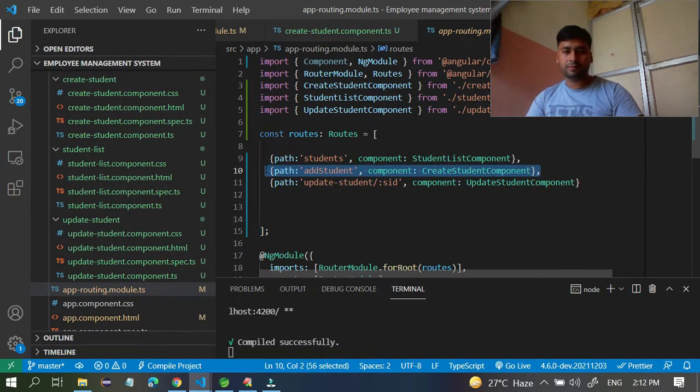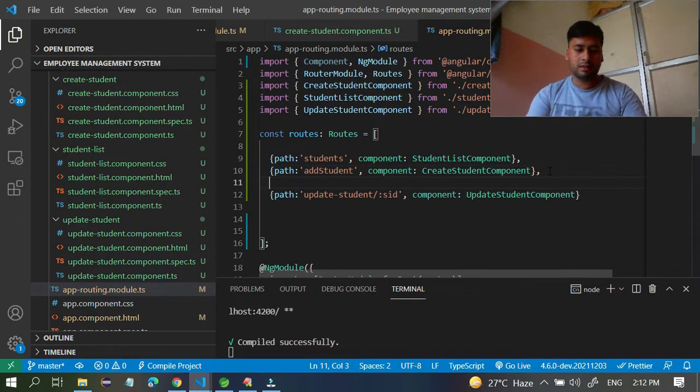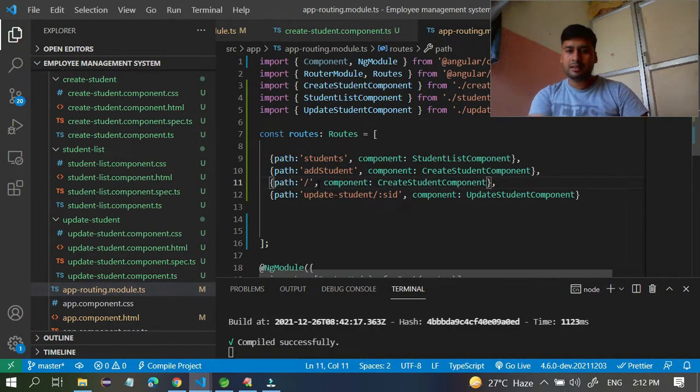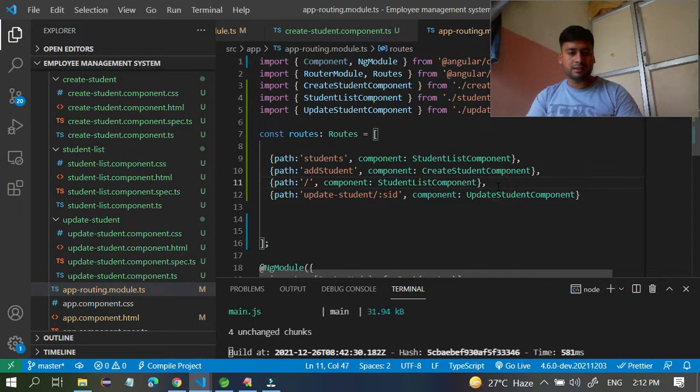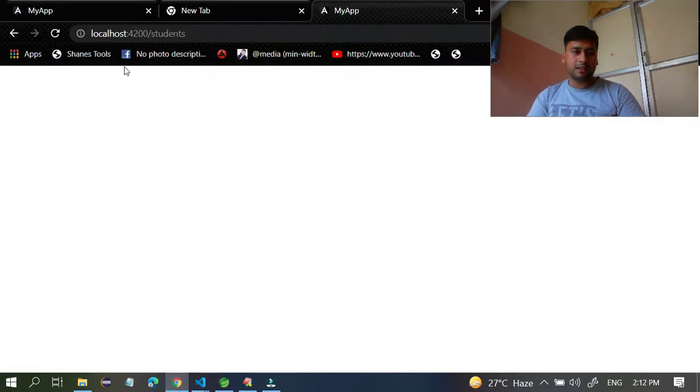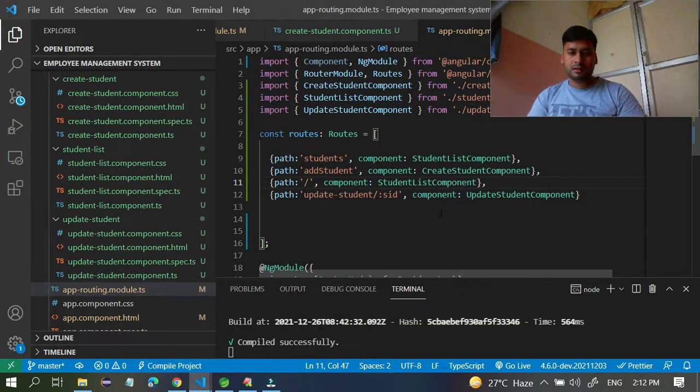Copy one more and just paste it, and give here only slash, and student list component. Call this student list component for this. That's it. Now even if you go to the base URL, go and refresh it, what will happen? Path, save it,